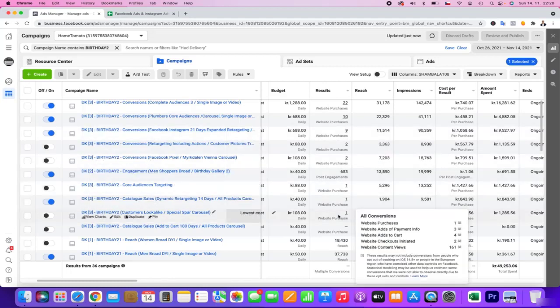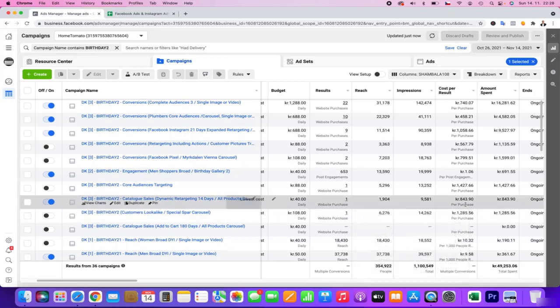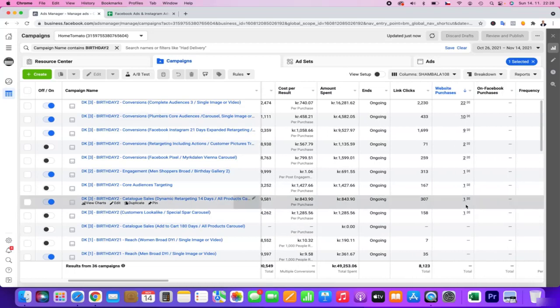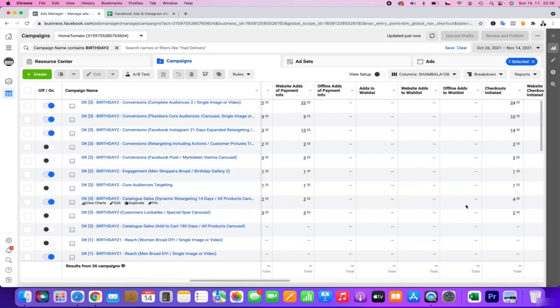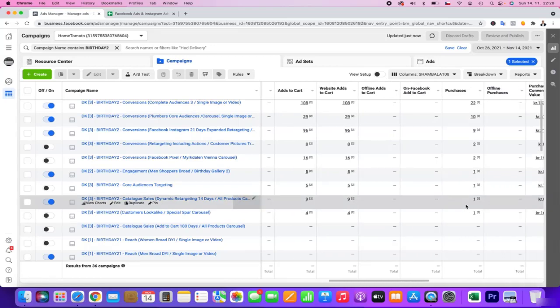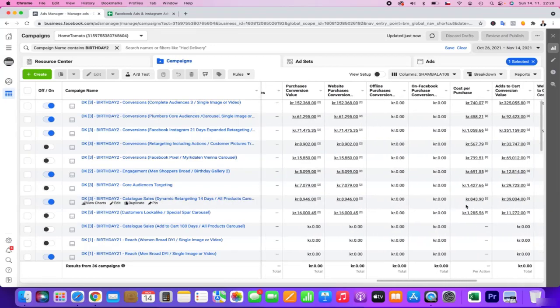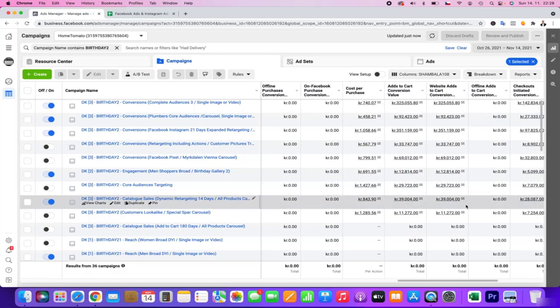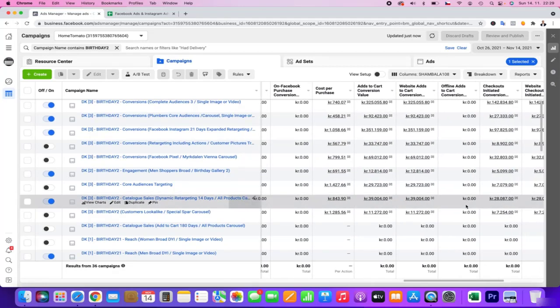The lookalike audiences from customers was not such a big success. What is also very, very important to understand is to also check add to cart actions, because not all data actually are going to the Facebook Ads Manager.